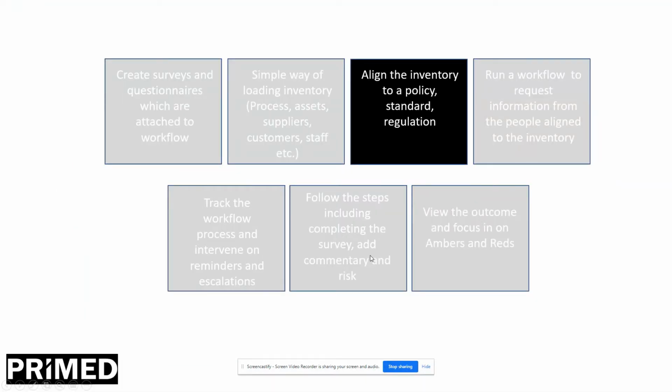Okay, now this is really where Prime comes into its own. Once you've loaded your inventory in, it's really quick and very important, obviously, to establish and make sure you've got a relationship between those inventory items and the policies that they relate to. What I'm going to show you now is how you can quickly establish that relationship. It's one of the most powerful and important parts of the process,